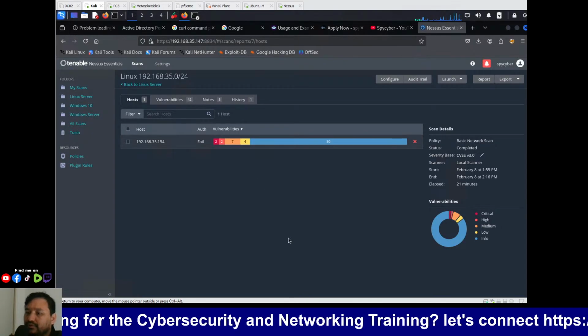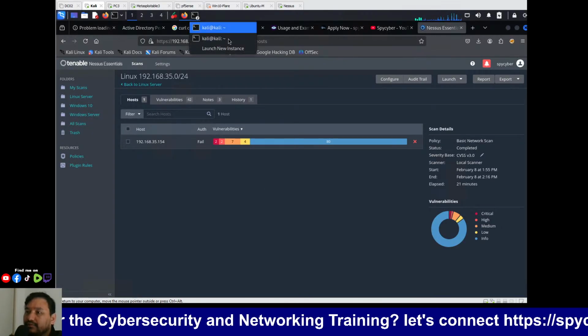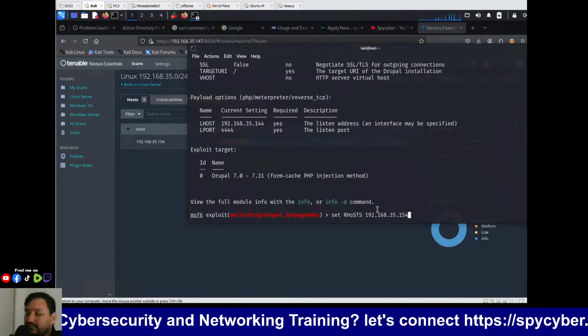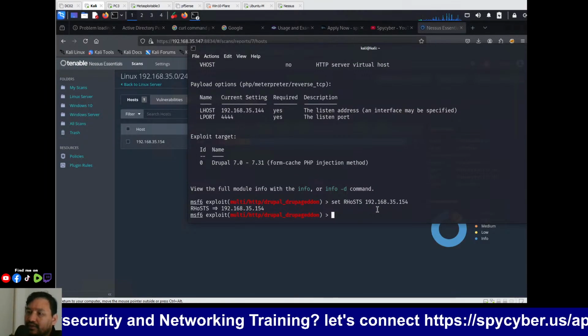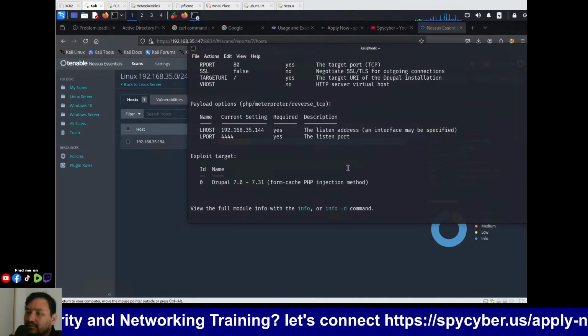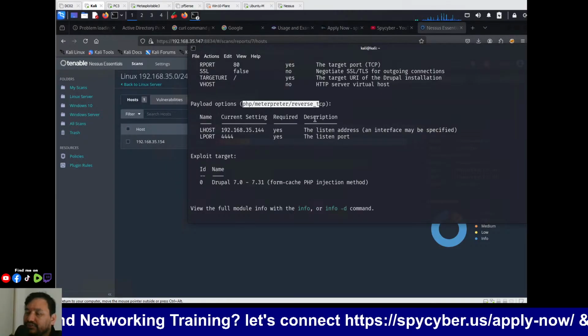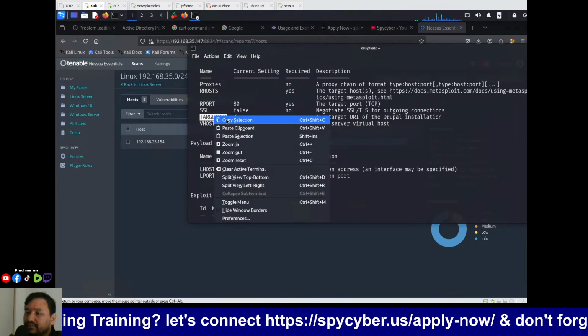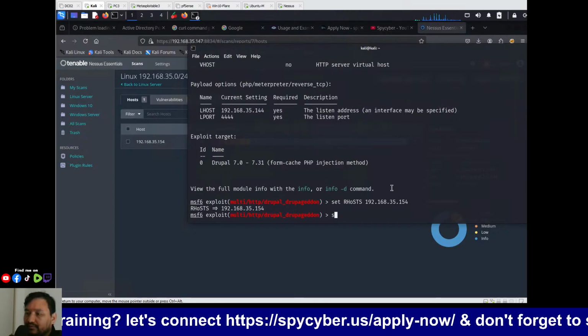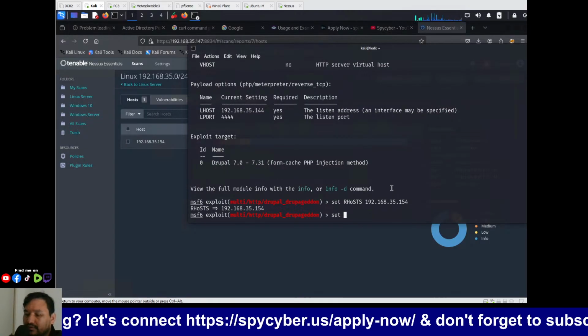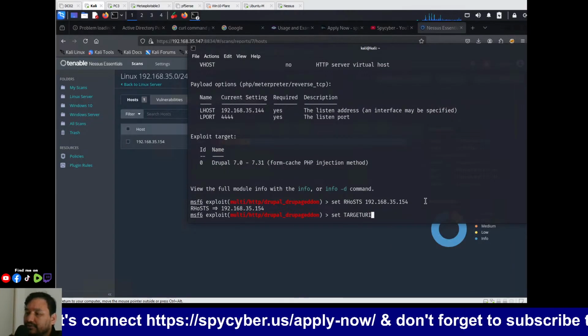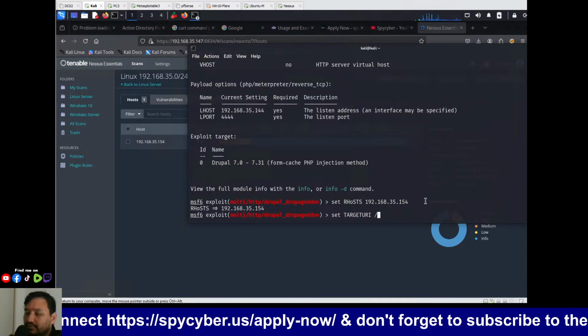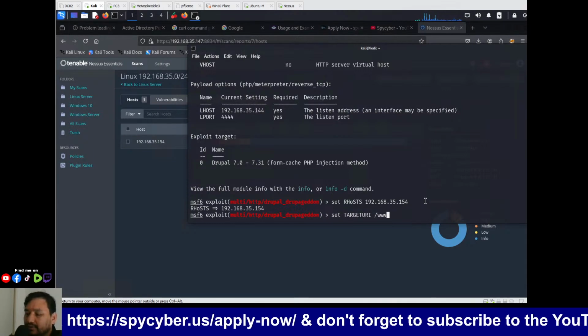Yeah, 54. All right, so now what I can try is 54 and so Meterpreter sessions is fine. Target URI, so let's go ahead and set the target URI. Paste here. You can do www-data and